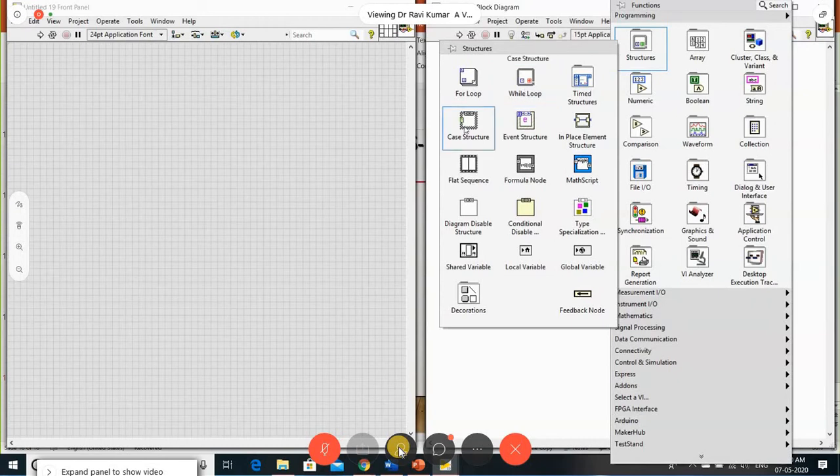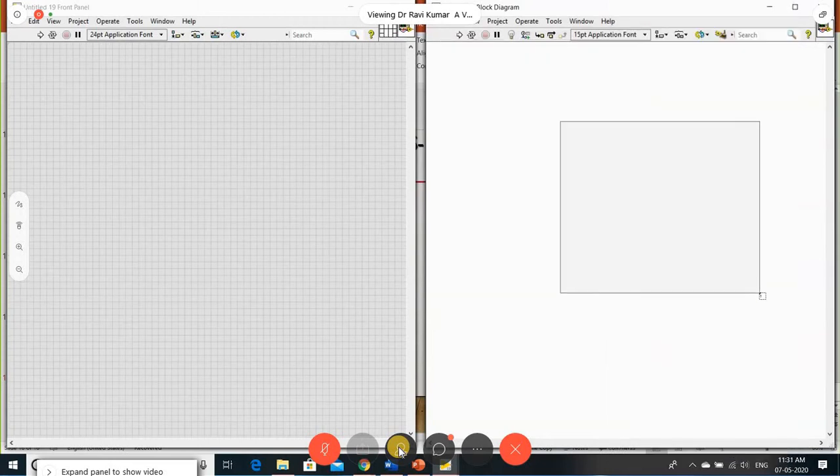Let me use the case structure. We can understand easily what a case structure is and where it is applicable. After that we'll do some simple application using all this. It will be very good to understand. In C programming, you people know the switch statement. You have a variable, and that variable has n number of cases. Each case is matched, then it is going to execute that case event. Likewise, here also we have the case structure.